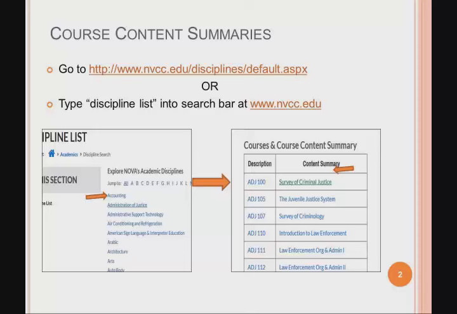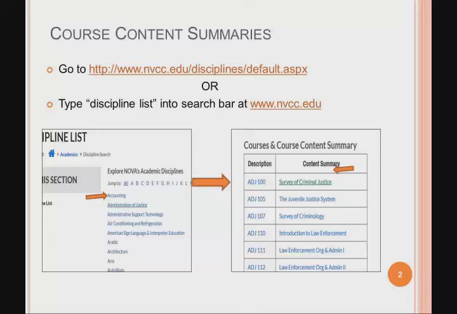So just click on the first one, the top of the list, and then you'll see a list of the courses, the disciplines at NOVA. And within each discipline is a list of all the NOVA courses that are in that category. When you click on a discipline, so you'll see on the left-hand box, for example, administration of justice or accounting, whatever it may be, it will show the programs and campus information at the top of the next page, and then you want to scroll down a little bit to get to the list of courses.